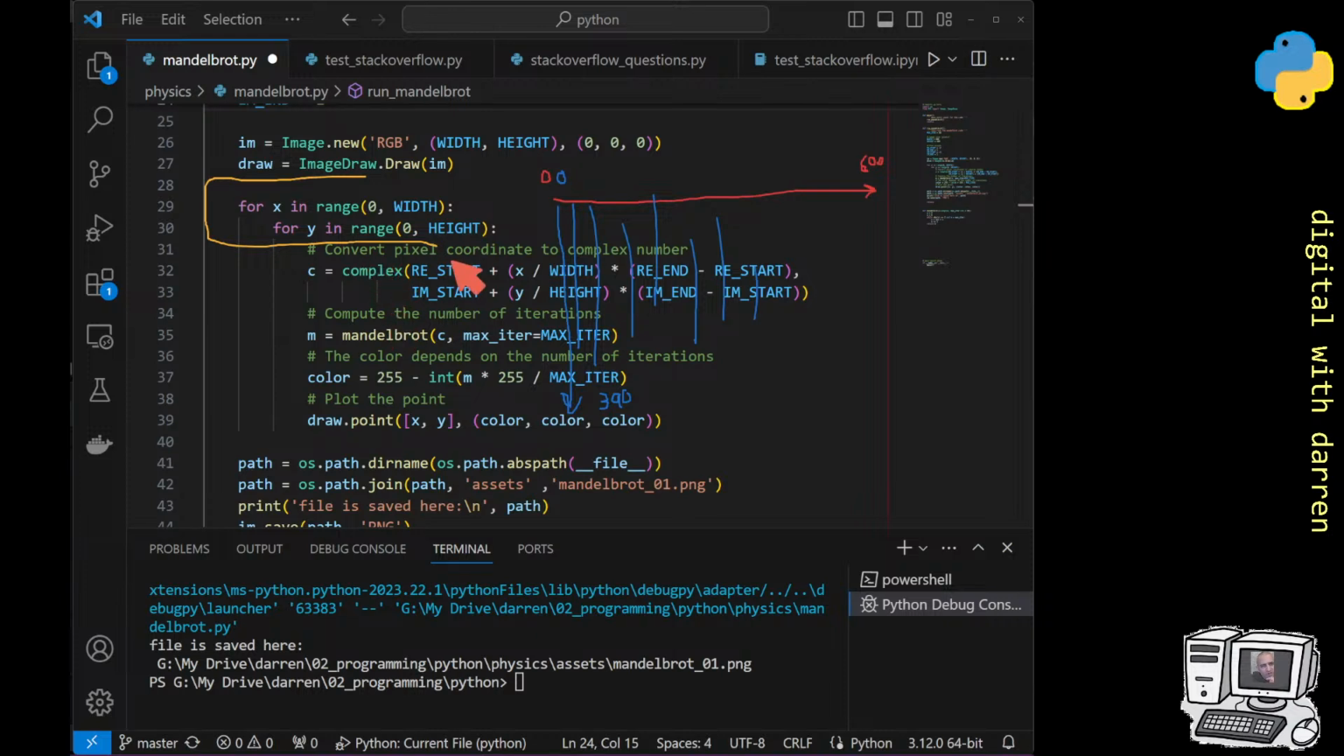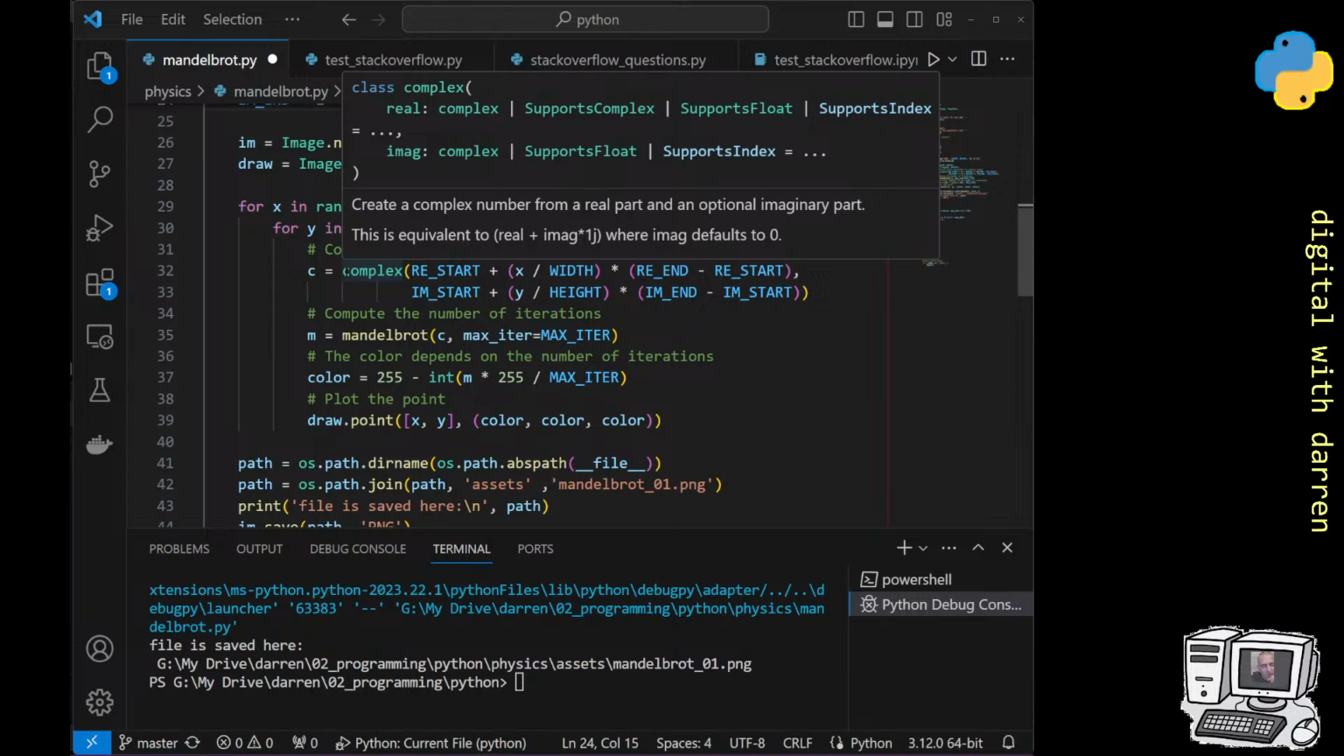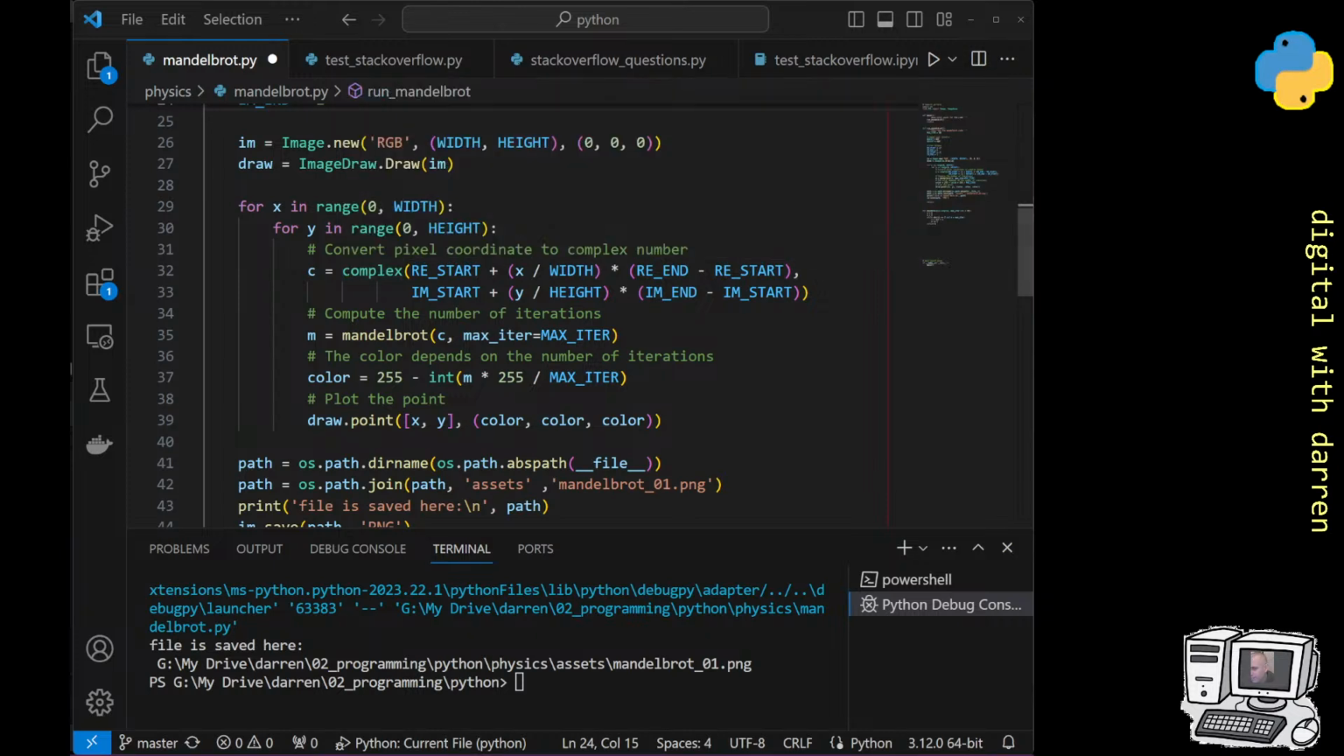So convert the pixel coordinate to a complex number. So let's touch on complex numbers then, shall we? A complex number is basically made of a real part and an orthogonal part, or an imaginary part, which is just a square root of -1. It belongs on something called an Argand diagram. If I was to plot it out, this would be our real number line. So the real numbers, which might look like the x-axis, very similar to the x-axis, and